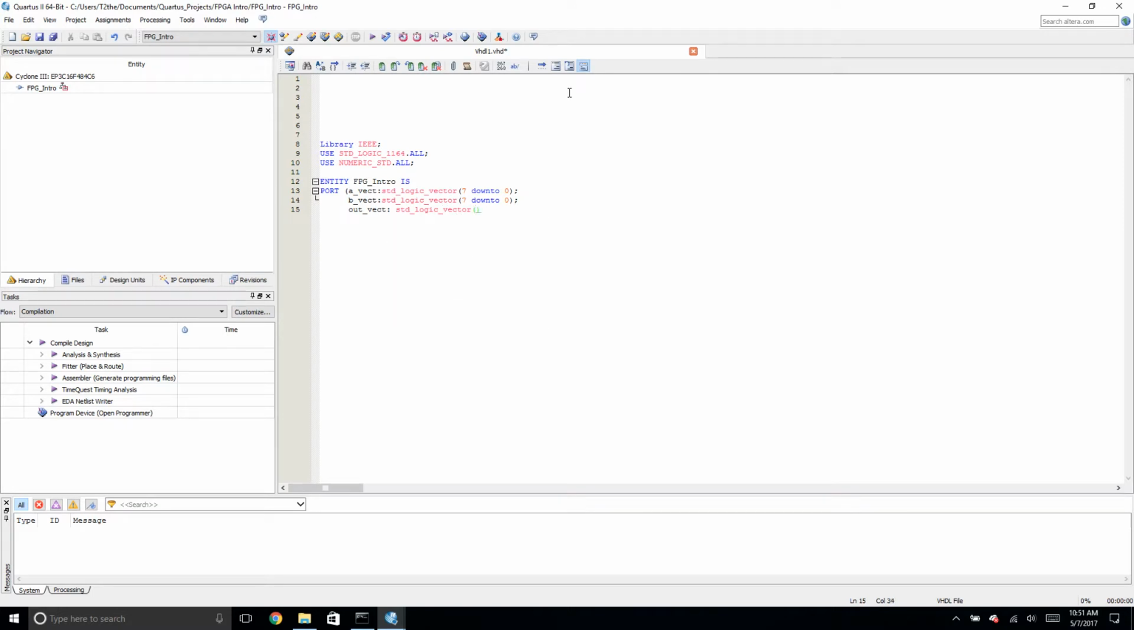Vector. And for now, we'll do 7 down to 0. And then we will close this out, then end, and I always do entity. I will always make sure that I'm specifically ending something. Now,